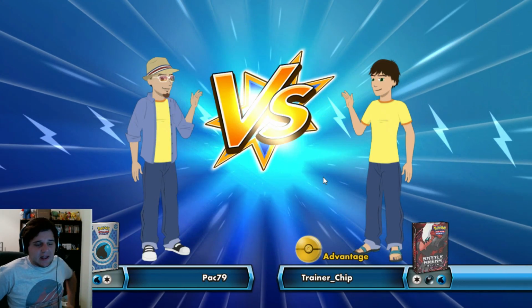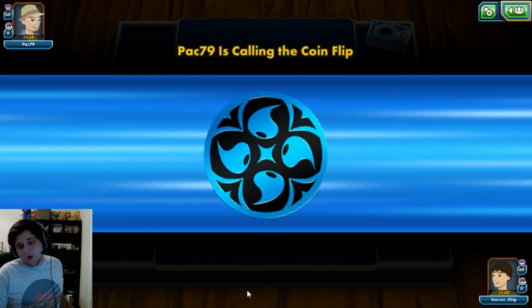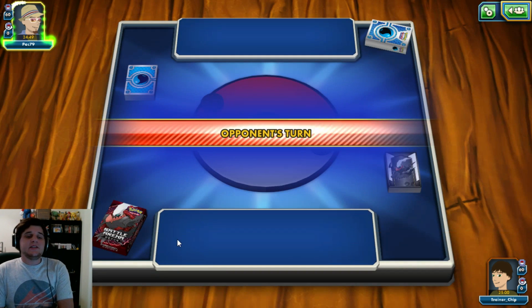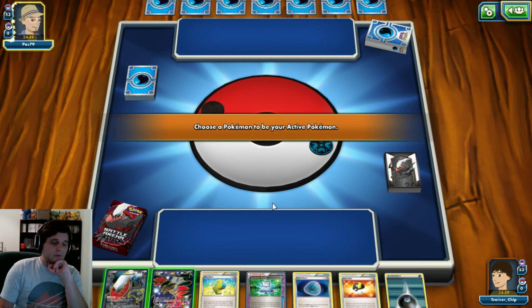Found ourselves pack 79 playing a water and colorless deck. Could be a water toolbox type of deck. We'll see what he's got. Also I would say could be Archie's, but most likely we would see a metal typing to get Jirachi to get that Archie's Ace in the Hole out. And we start with